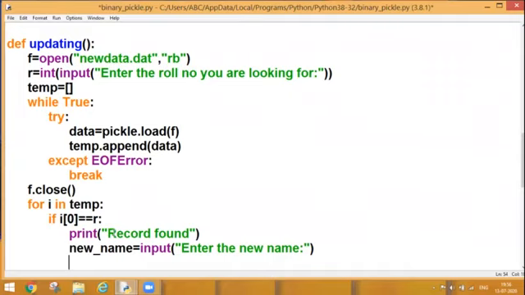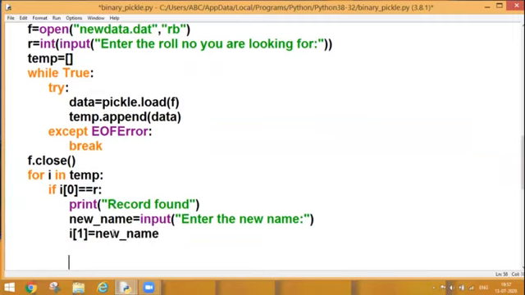Now, as we know that at first index position, my name is there in my list and I need to update it. So I'll be writing i[1] = newname. So finally, what am I doing? I am shifting this new name at first location. Or I can say that I am writing new data at first location. Both are the same.